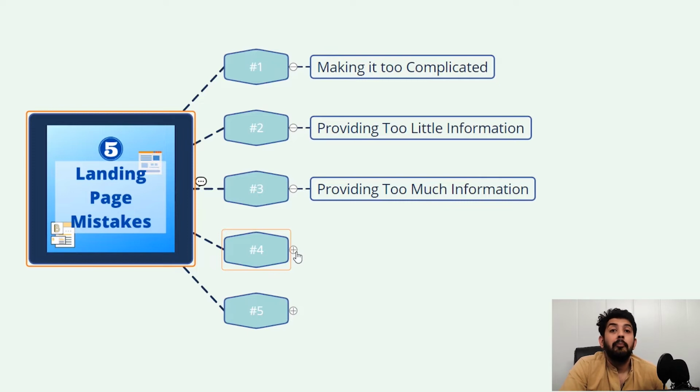I mean, placing a whole long paragraph on a landing page can take ages to read. It doesn't look inviting to the visitor. Instead, you can provide the information that is actually necessary for the visitor to know in brief bulleted points. Also keep in mind to keep it short, simple and easily